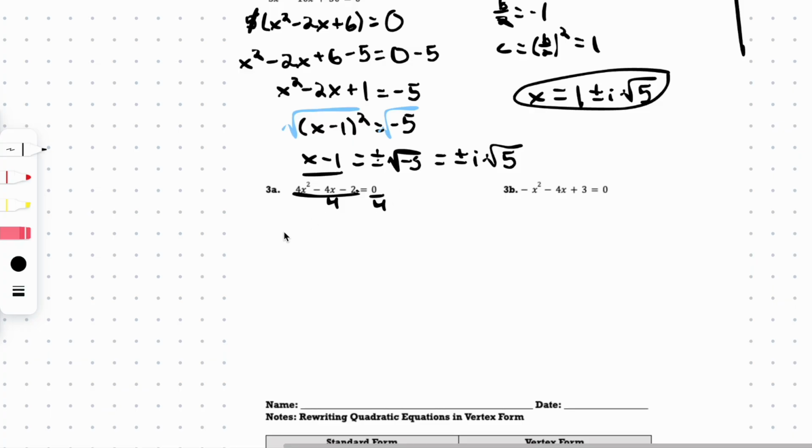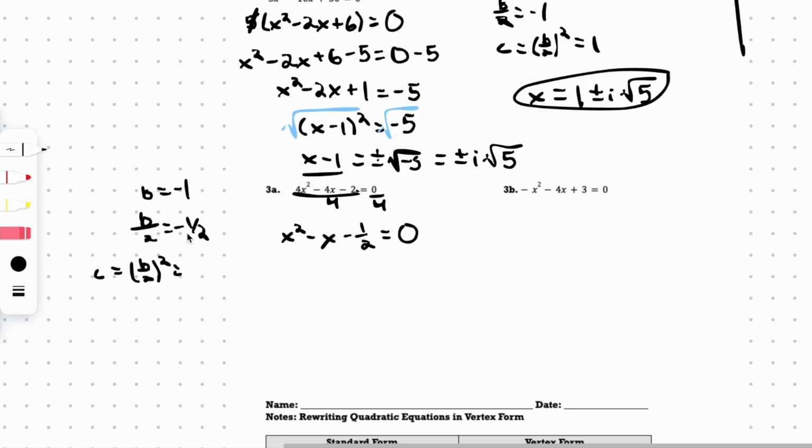And that's going to give us x squared minus x minus 1/2 equals, and 0 over 4 is just 0. Now, we want to find what our b value is. So our b value right now is negative 1, since we have negative 1x. So our b over 2 is negative 1/2. So our c value, which is b over 2 squared, is going to be negative 1/2 squared,